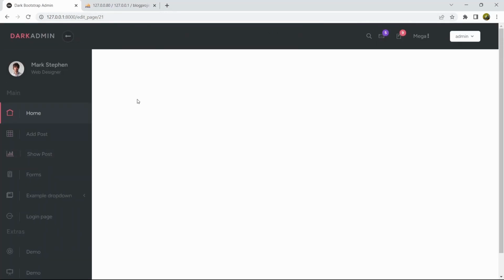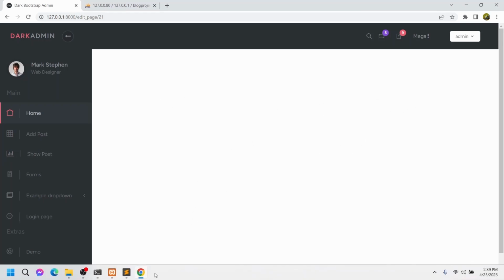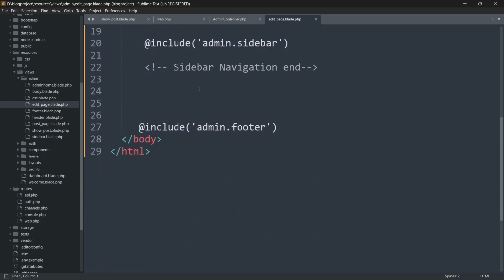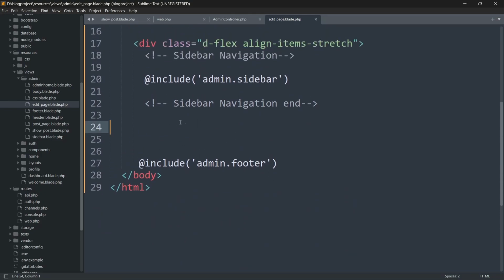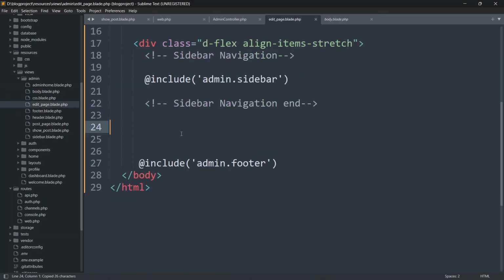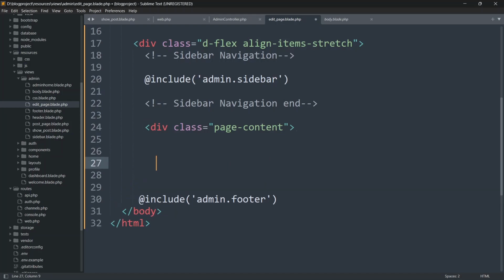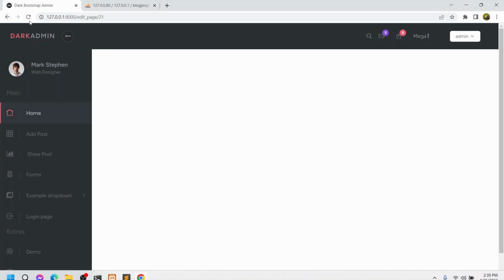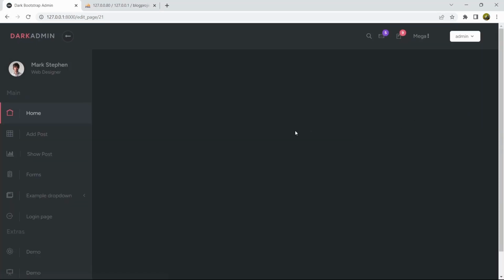sidebar properly. So right now what we need to do is that we need to modify this body part, since we removed the body part from here. So right now we'll go to the body.plate.php, and from here, just like the previous tutorial, let me just copy this div class page content, and I'll just paste it over here after the sidebar, and we also need to close this div like this. So save this, then refresh here, and there you can see we have the body part over here, which